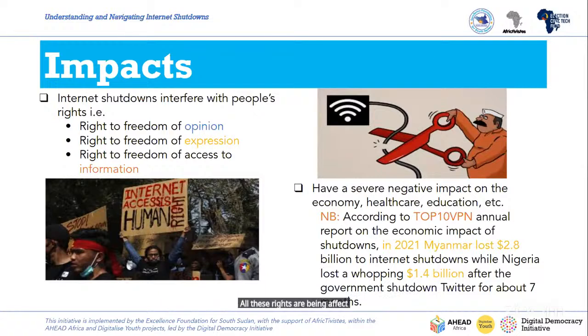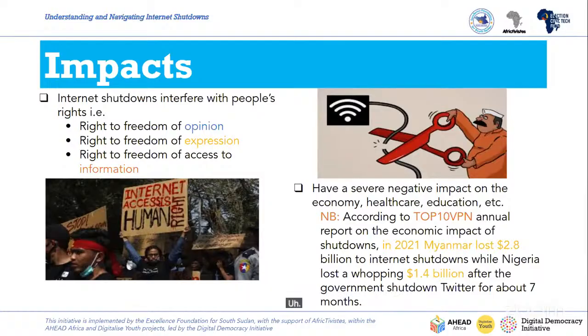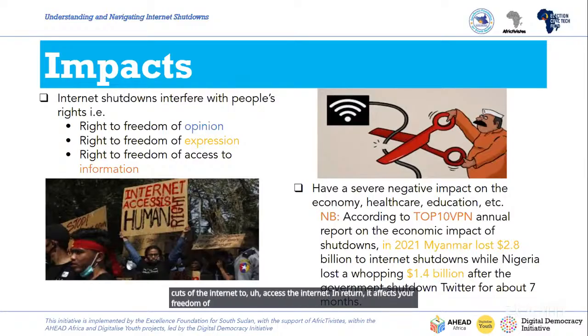You see? So this is the way that these things work. The internet shutdown cuts off access to internet. In return, it affects your freedom of expression and your freedom of opinion, even freedom of access to information.